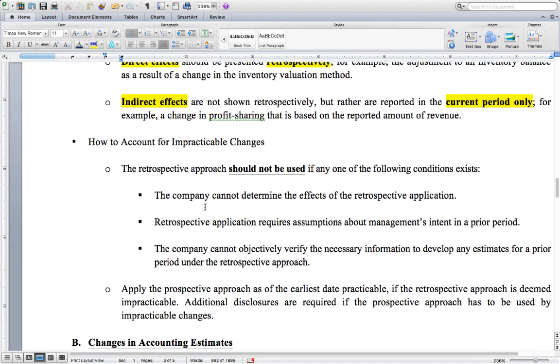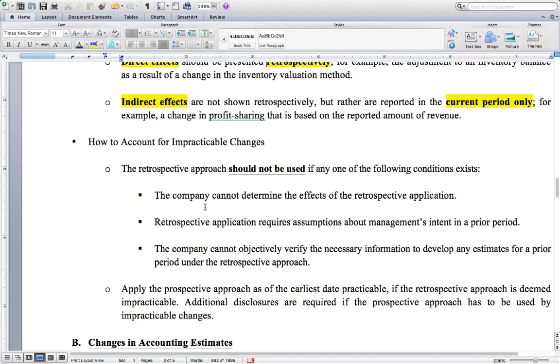How to account for impractical changes. There are certain times when the company should not use the retrospective approach when making a change in accounting principle. There are 3 bullet points there. 1, the company cannot determine the effects of the retrospective application. 2, the retrospective application requires assumptions about management's intent in a prior period. And 3rd, the company cannot objectively verify the necessary information to develop any estimates for a prior period under the